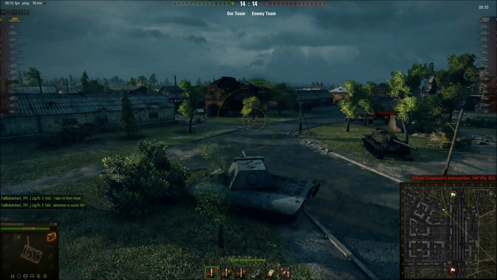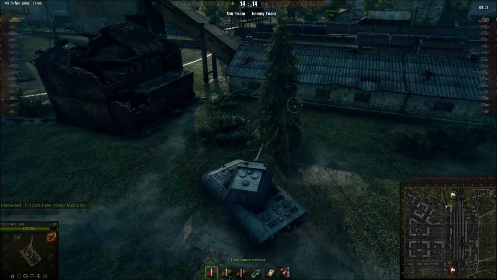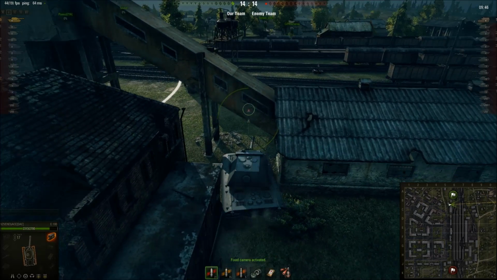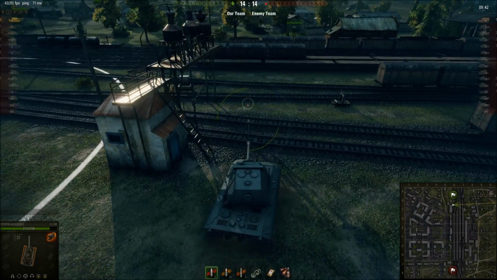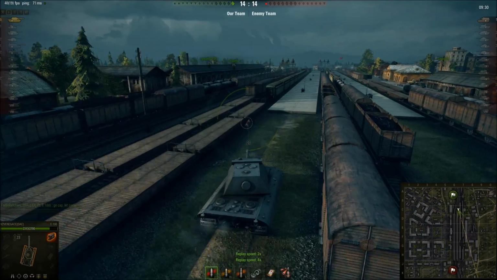Now I'm alone against this guy, and the thing is, I really want a top gun. I don't really want to, you know, get 5 kills and maybe cap. So I want to go for the 6th kill. So let's put this on 4 times the speed, because it's going to be really boring watching an E100 going